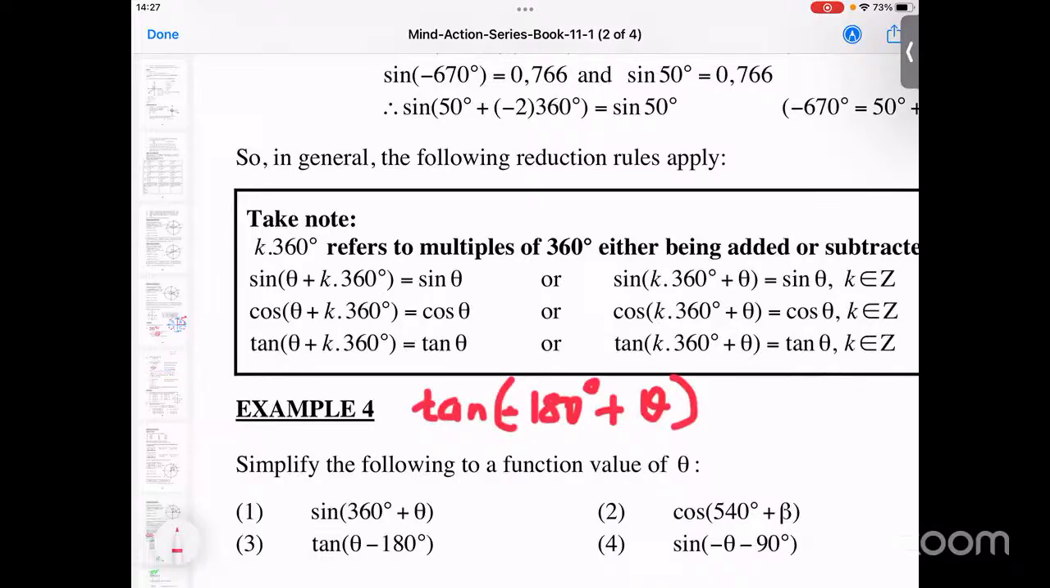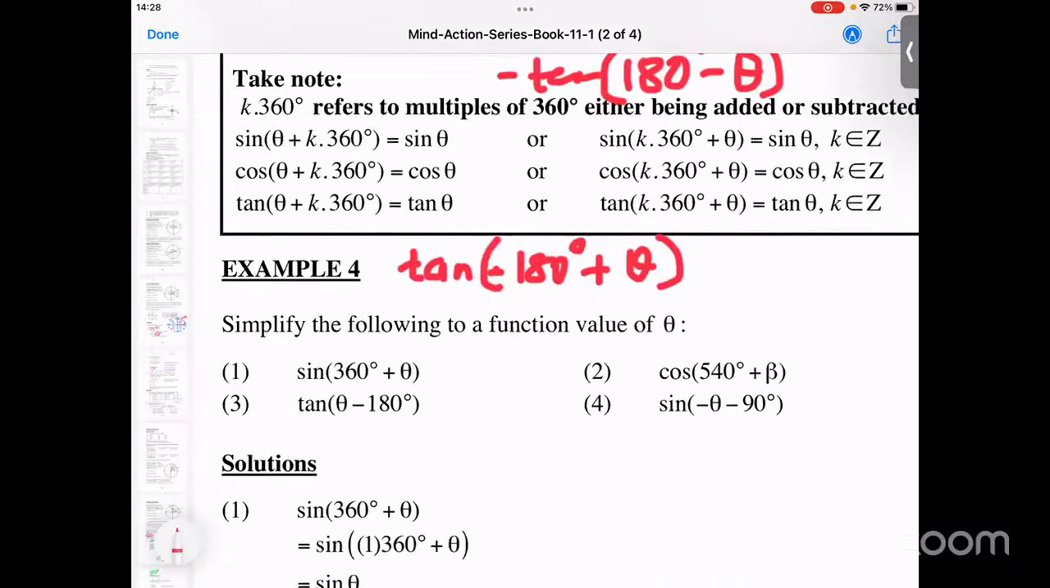Then it would be negative tan bracket 180 plus theta. Wait, minus theta. Negative tan into 180 degrees minus theta. I'm just wondering,